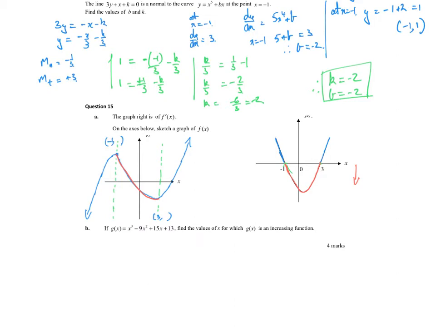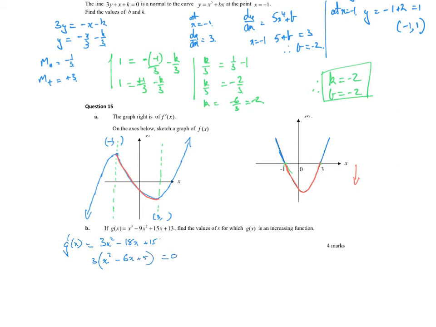All right, continue. Find the values of x for which g of x is an increasing function. So I need g of x to be increasing. And for a function to be increasing, it means my gradient is positive. So g dash of x is equal to 3x squared minus 18x plus 15. If I take a 3 out the front,